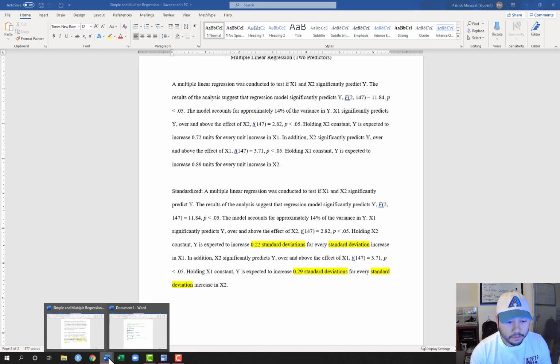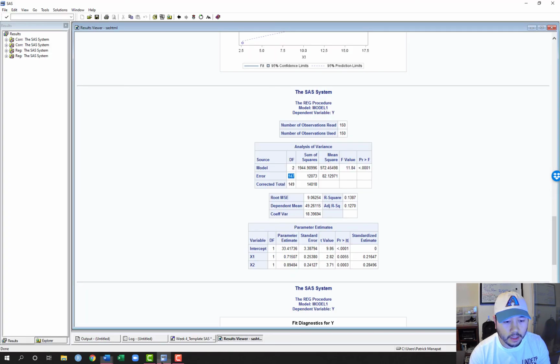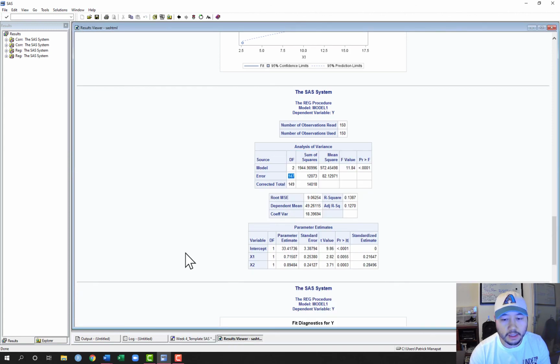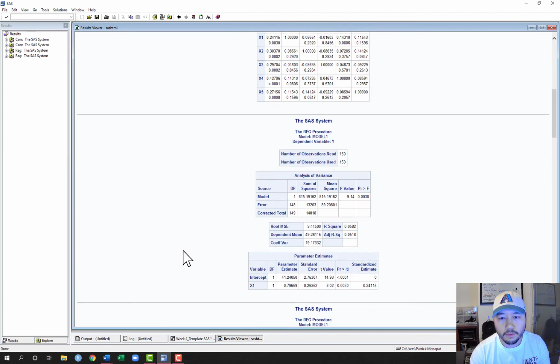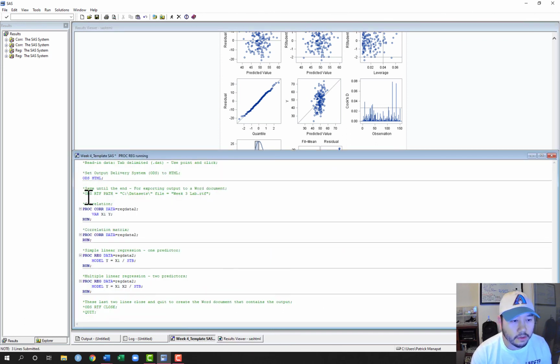All right. So we've gone over correlations. We've estimated a one predictor regression and went over the interpretation and write-up. And we also estimated our multiple linear regression with two predictors and went over the interpretation and write-up. So the last thing to talk about is if you want to compile this output instead of it just being in the results viewer for SAS, all you'd have to do is